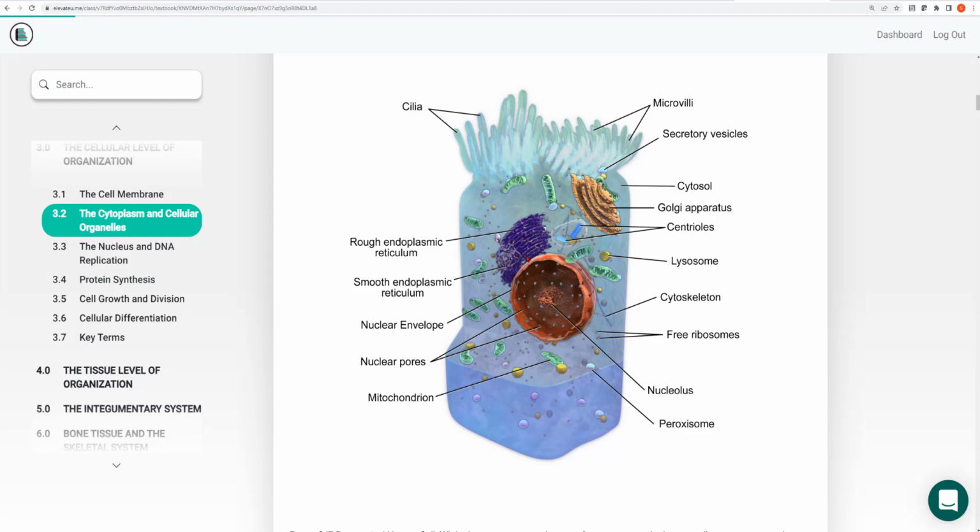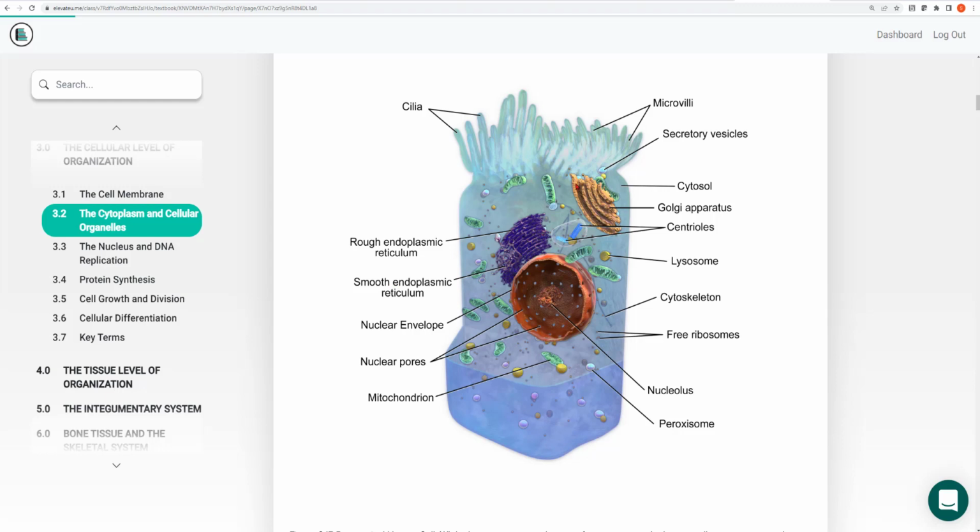Also outside the nucleus is a large structure. It's a bunch of membranes. This is the endoplasmic reticulum. Endo means within. Plasma, it's really plasma membranes within the cell. Reticulum is a word that means network. So this is a network of plasma membranes within the cell. The endoplasmic reticulum comes with two flavors. There's the rough and the smooth. We'll see a better picture of this in a moment.